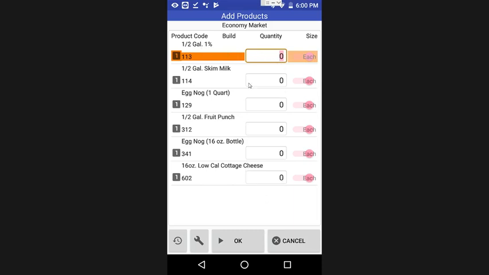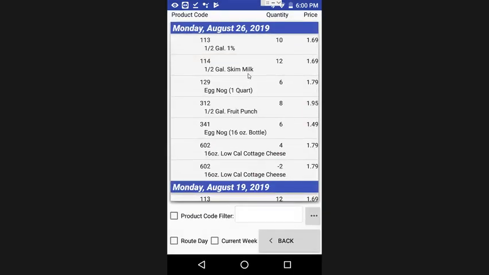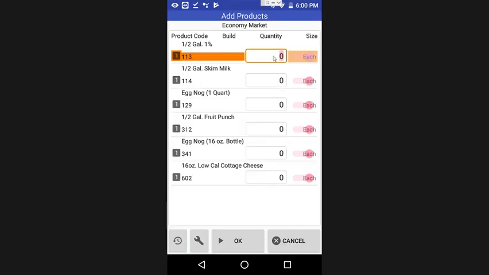You do have the ability to take a look at the history again, so just like we did on the other screens where you could take a look at the history for a customer, this button at the bottom will allow you to select and open up the history for economy market. It'll show it in reverse chronological order like we did in the other examples, and it'll show you the product codes that you can see for each delivery day. You still have the ability to do the same filtering like we showed in the other videos as well, so if you wanted to look for a particular product and see the history for all the days, you select that product in this field. If we go back to that list now,